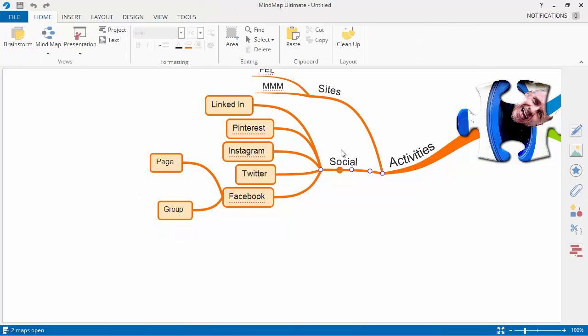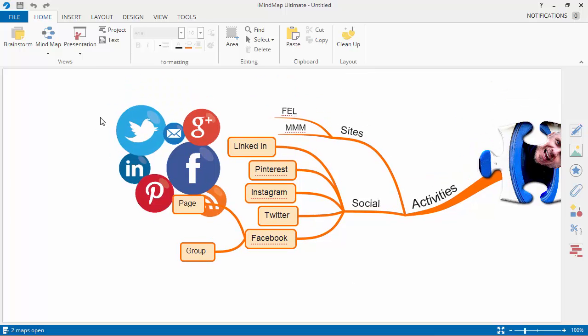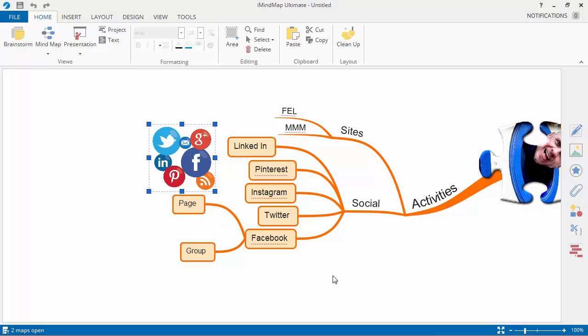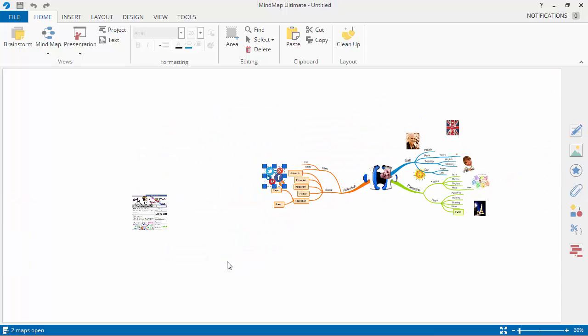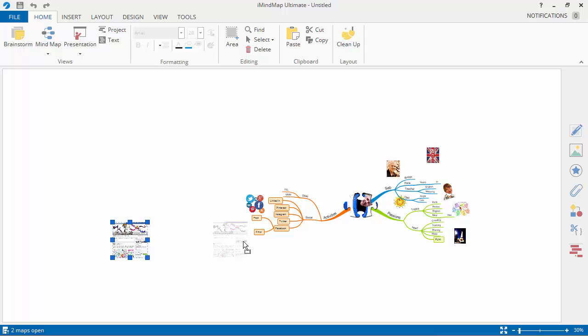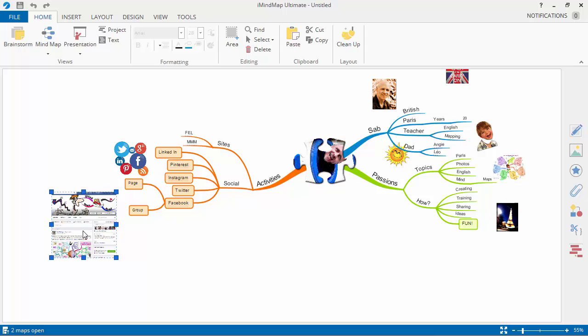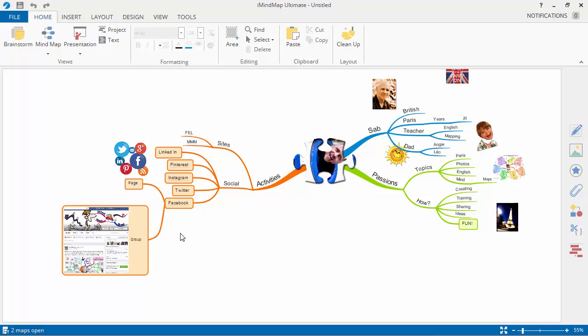Let's have a couple of pictures, shall we? Social media, so let's have a little social media icon. And here's my group. If I can find it, there it is. I'm just dragging and dropping these images in, as you can see. Oh, there it is. If I want to, I can actually put this image into that button there. And why not have a couple of links? So here's my